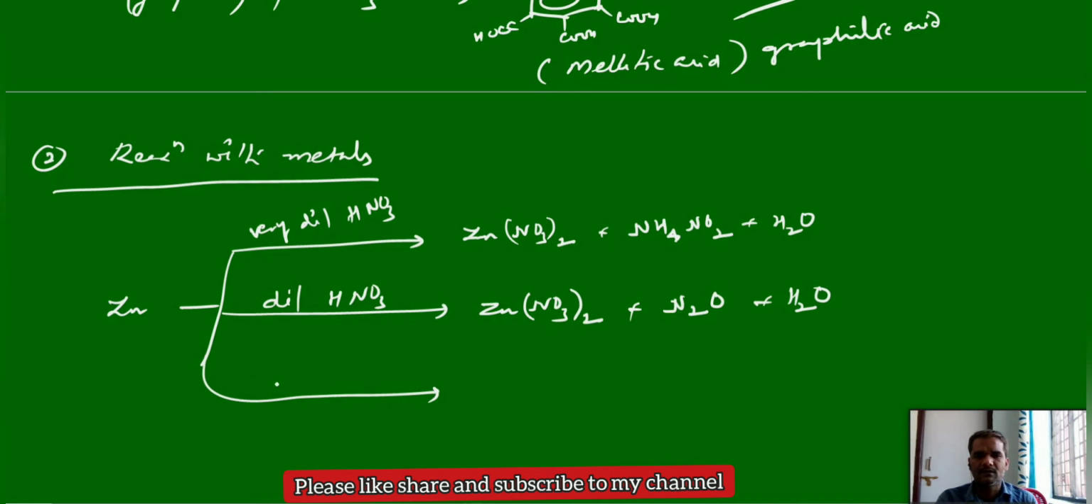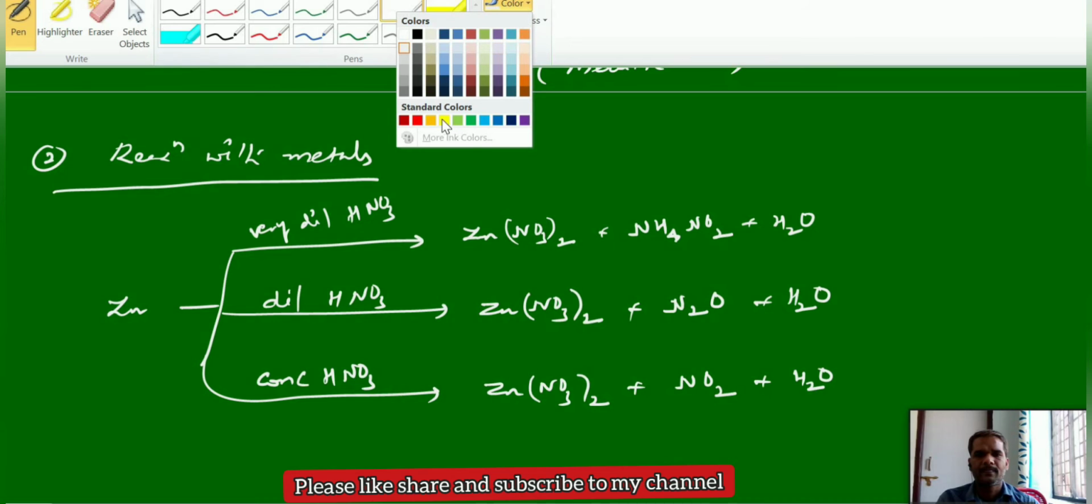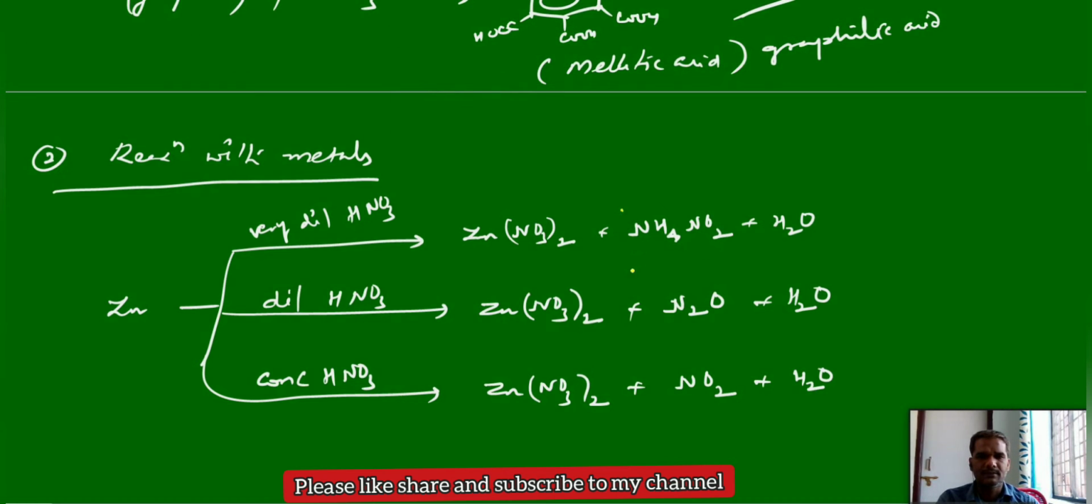In the third, if you take concentrated nitric acid, anyhow we will get nitrates only, salt, but the byproduct here: we know that when you use concentrated nitric acid, nitrogen dioxide is one of the byproducts, plus water. So like this you will get the products. The difference is here, where you can see the clear difference